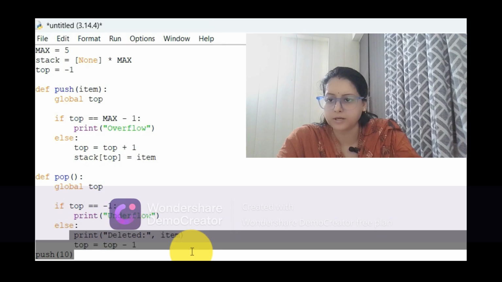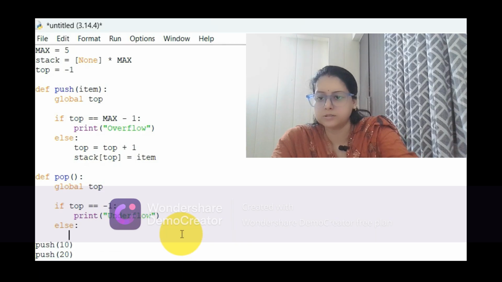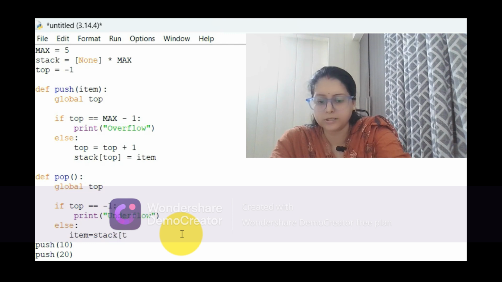So let's remove these two lines only, because they are creating the problem. First of all, the item variable we have created already. So here, from the stack position, let's take the topmost element in the item so that it will be easy to show to the users. Okay, stack top we have taken.